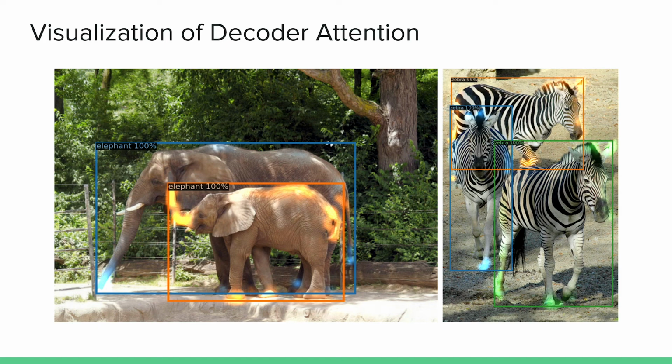It visualizes those with heat maps, and you can see the back and the tail of the elephant, or maybe even the legs that are behind the first elephant. It still pays attention to these, so there was a high activation in the neural network